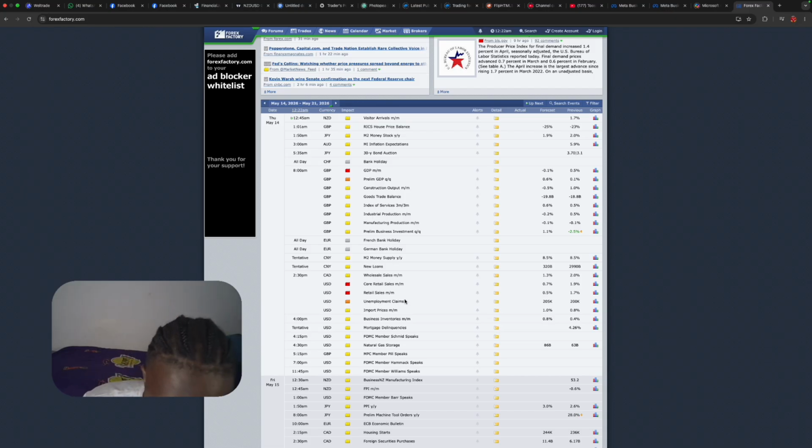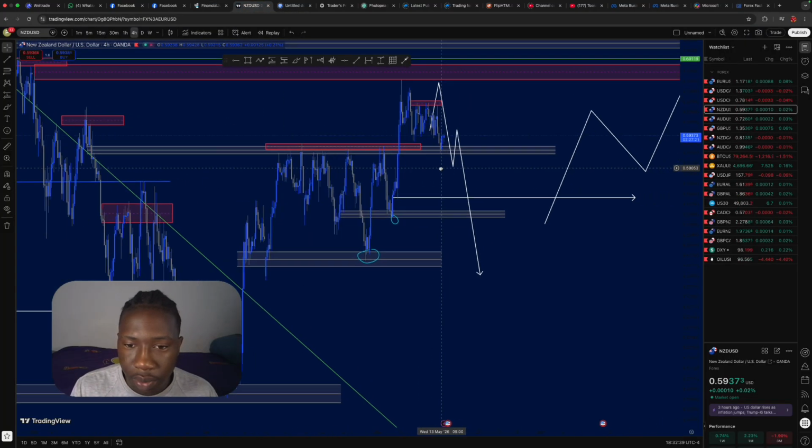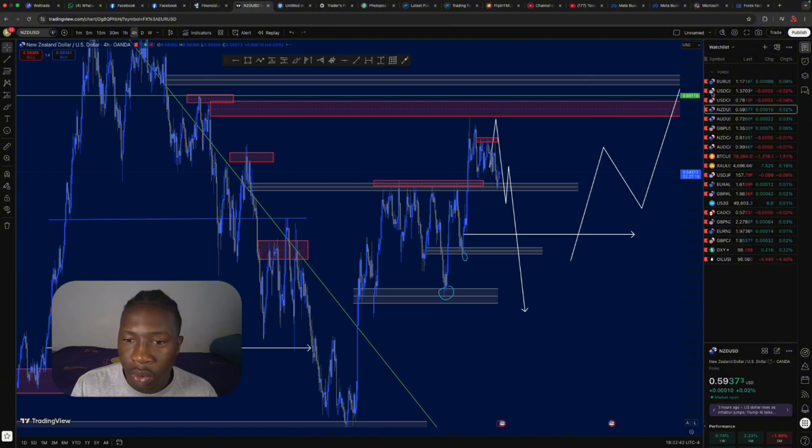So we want to see what they are going to affect and when the market is going to be affected, because we need to know when the news is in the market and when the news is out of the market. The movement of the news will cause the market to move to a specific direction, but the news doesn't change the direction of the market. So yeah, let's start with